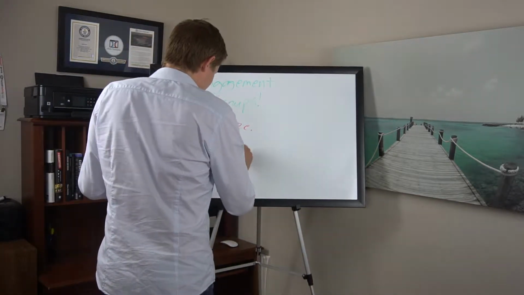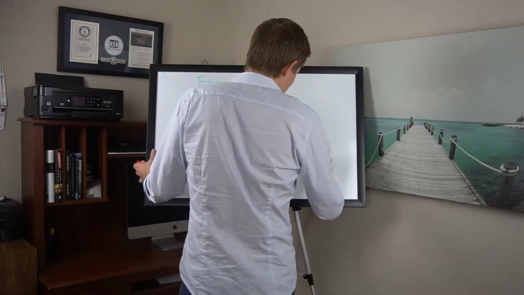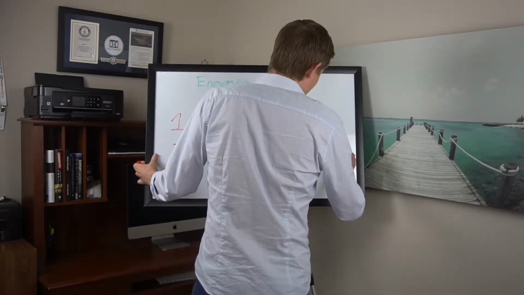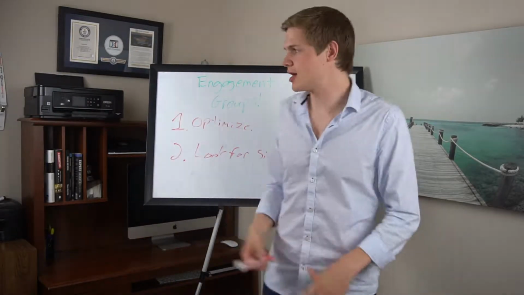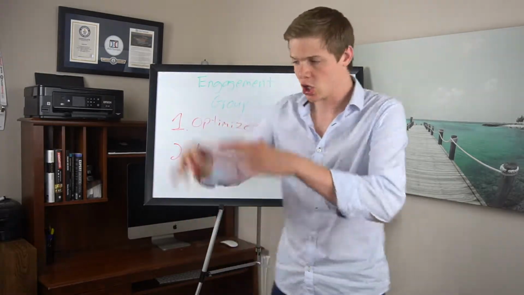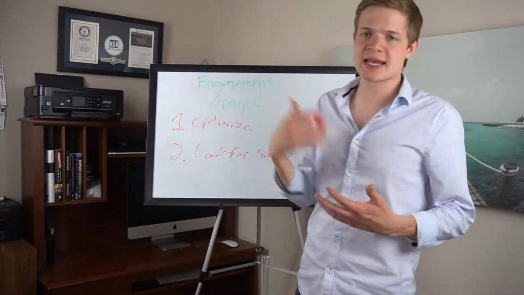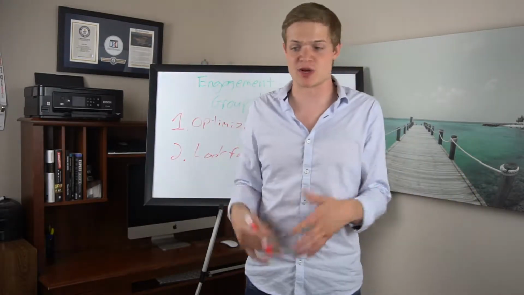Step two, look for similar accounts. Once again, this step should already be done on your influencer list. Influencers and competitors should already be done. Go to your list, and if you've got 3,000 followers, find accounts with 3,000, 5,000, 10,000, 20,000 followers